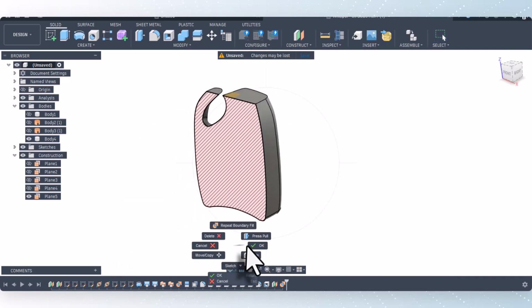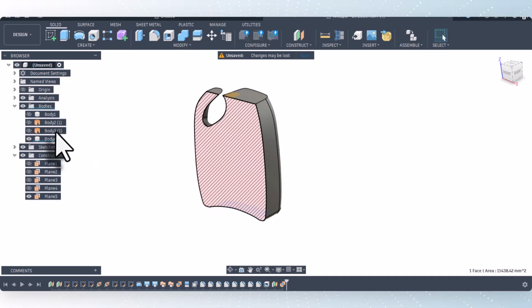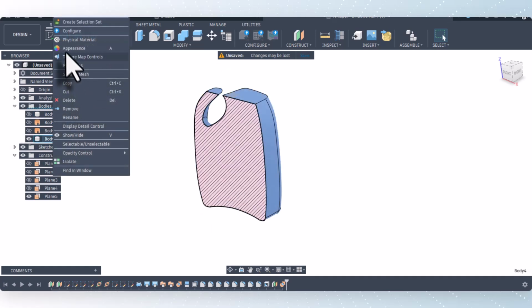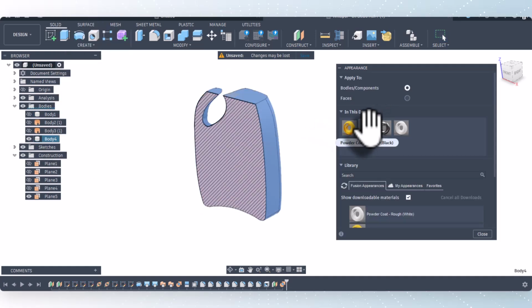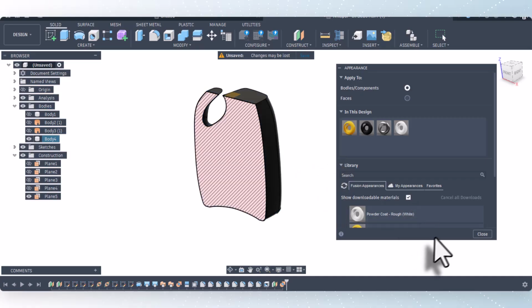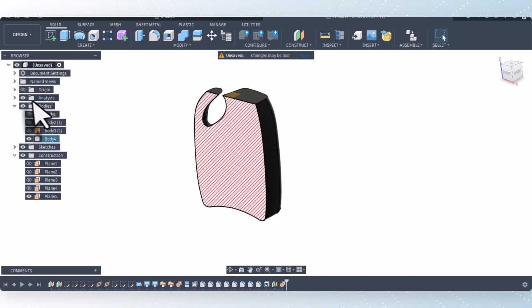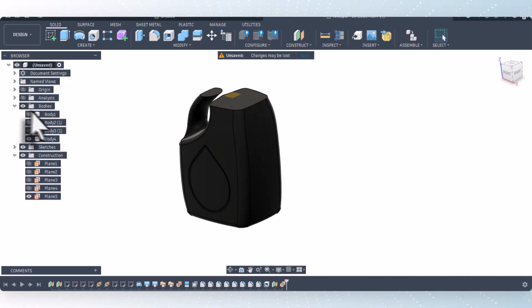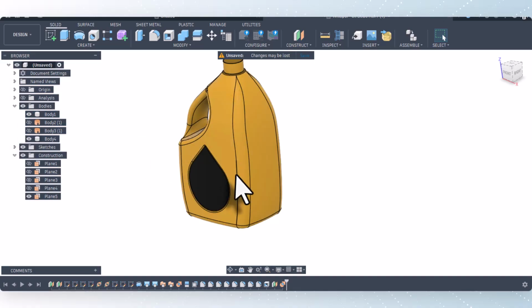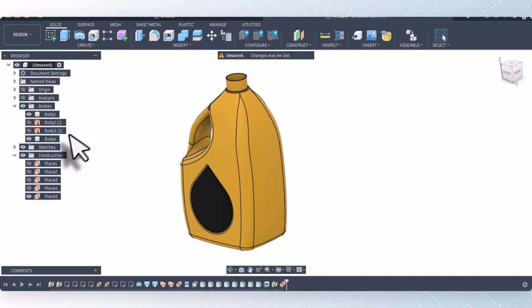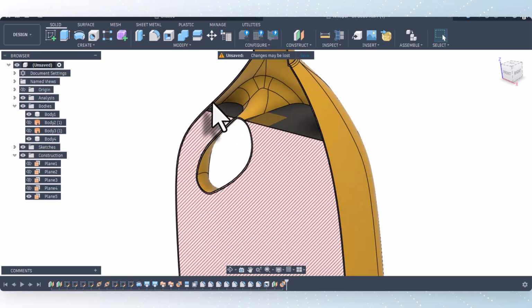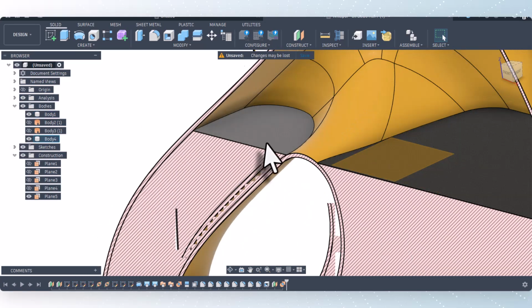And so I might change the color properties of that. So I'm going to go to my appearance and I'm going to put some other color on this. And I'm going to leave section analysis. And so this is the fluid inside. And then this is the bottle containing the fluid. Okay. And if we go back to our section analysis, we see the bottle and then the fluid with the level